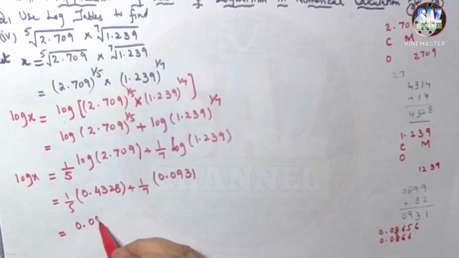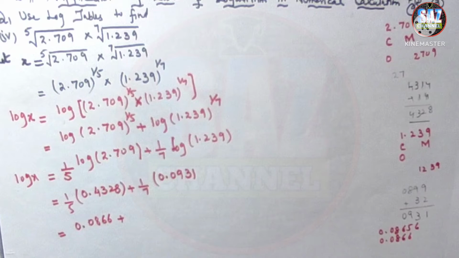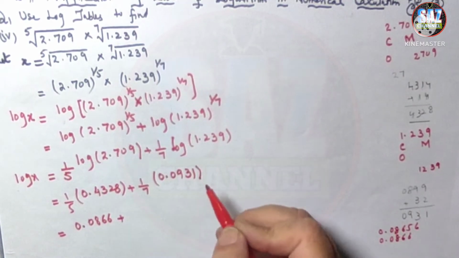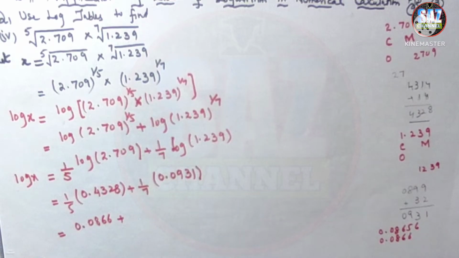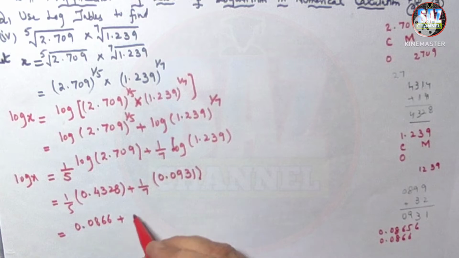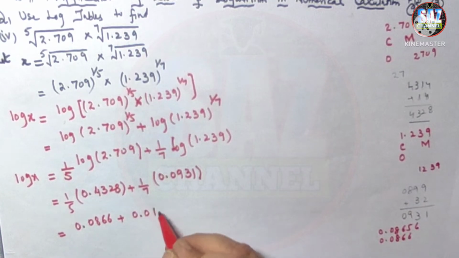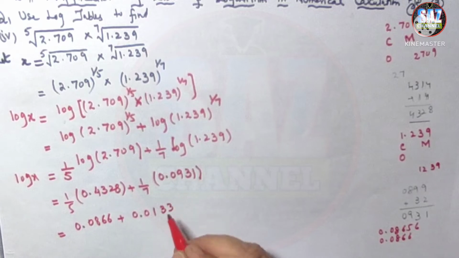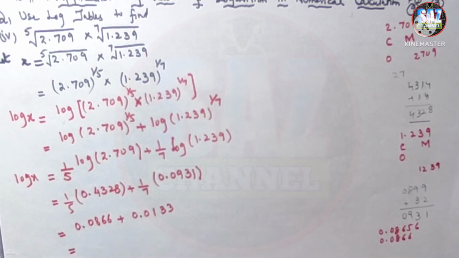And then 0.0931 divided by 7, and this gives me 0.0133. Now add these two values up, plus 0.0866, and this is